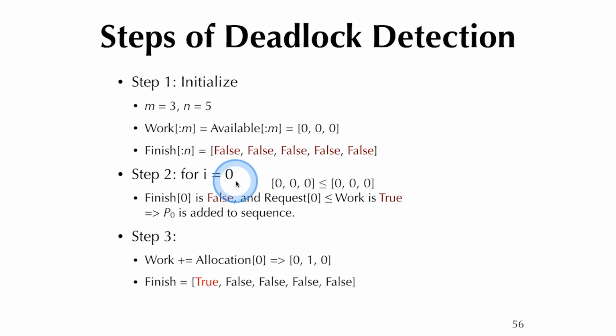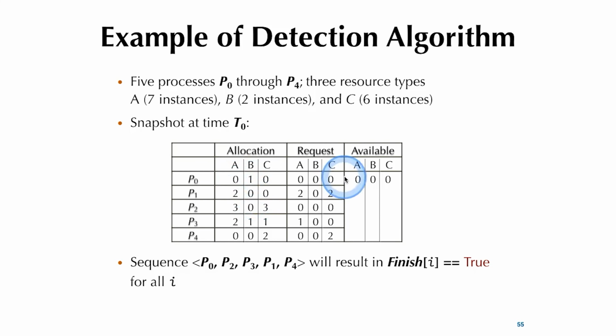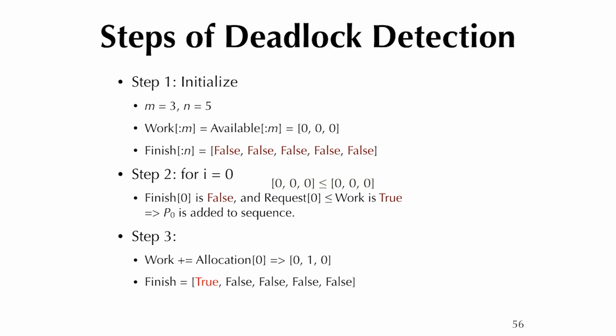And if you do the first round, well, finish sub 0 is false, and then you check to see if it's making any request. Well, it actually is not making any requests, so work is true. In fact, you can even skip this. You could have initialized this to true in the first place, right? You saw that algorithm, but we just do something similar to the previous one.